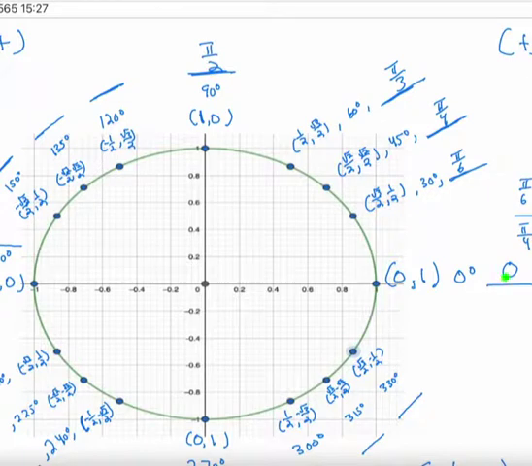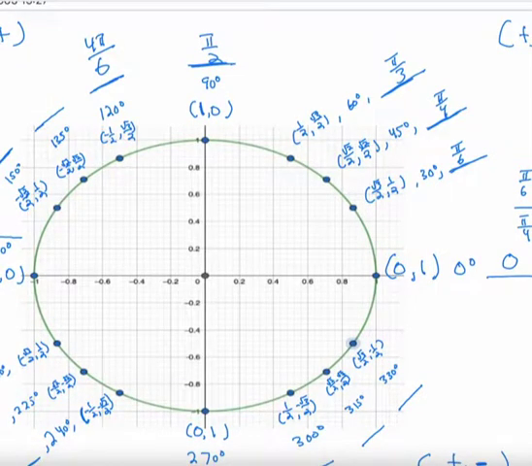So 0 to 30 is pi over 6. Another 30 degrees, 2 pi over 6, and this is reduced. 30 degrees more, 3 pi over 6, and this is reduced. 30 degrees more, 4 pi over 6. Okay, and I think you get the picture. So let's do that for every angle. 4 pi over 6, 5 pi over 6, 6 pi over 6,